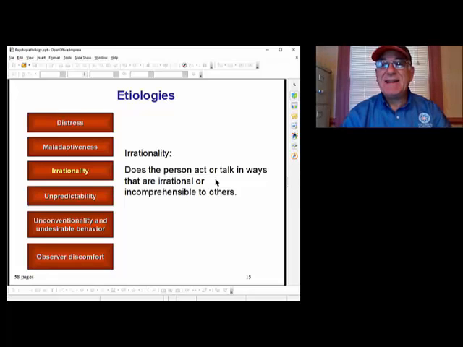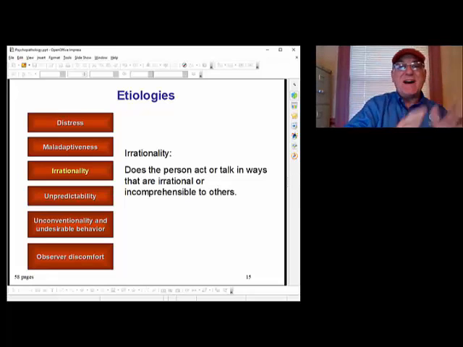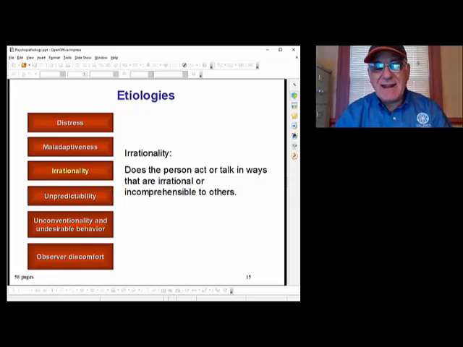It used to be in my day when I was a kid, if you saw somebody walking down the sidewalk by themselves, but they're talking to themselves, then you just sort of moved aside and let them pass. Today, if somebody's walking down the sidewalk, it could have this etiology or cause or a symptom of a pathology, but they could also be talking on an earbud phone, so you don't really have any idea if these people have a problem or if they're just talking, or maybe they're talking to the phone, but the phone isn't on.